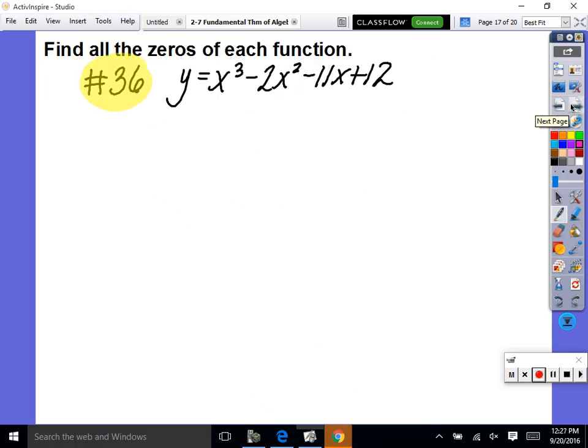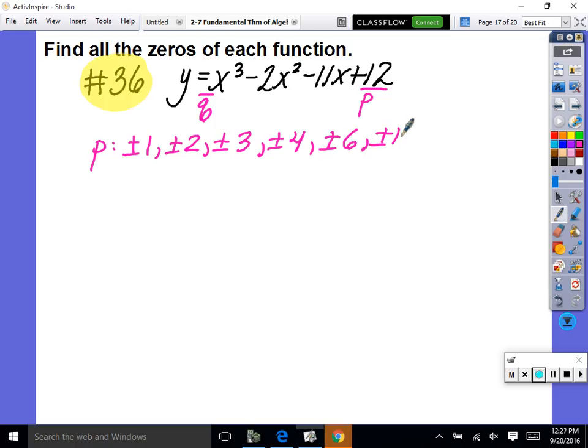Let's do 36. Okay, let's find all the zeros. Can we solve this one by factoring? We could try factoring by grouping, but then it wouldn't work. So it looks like the only way we can solve it is to do P over Q, right? So this is our Q, this is our P. Possible P's are plus and minus 1, plus and minus 2, plus and minus 3, plus and minus 4, plus and minus 6, plus and minus 12, and they're all divided by 1, correct? So that's P over Q. So I'm going to do synthetic division,